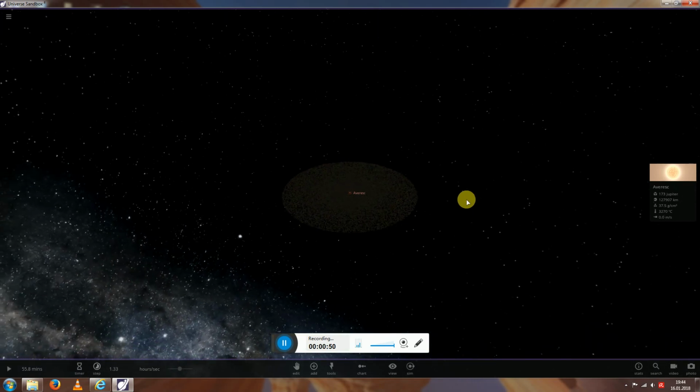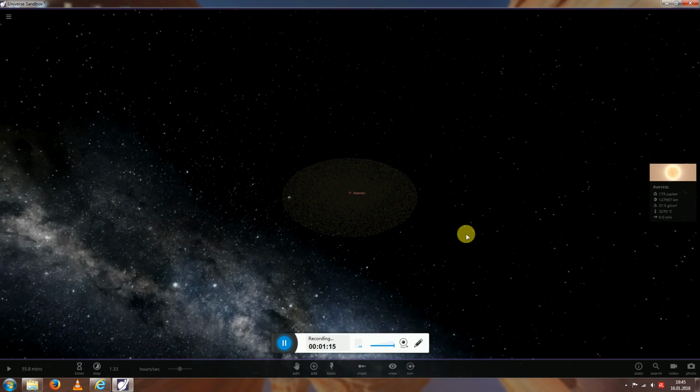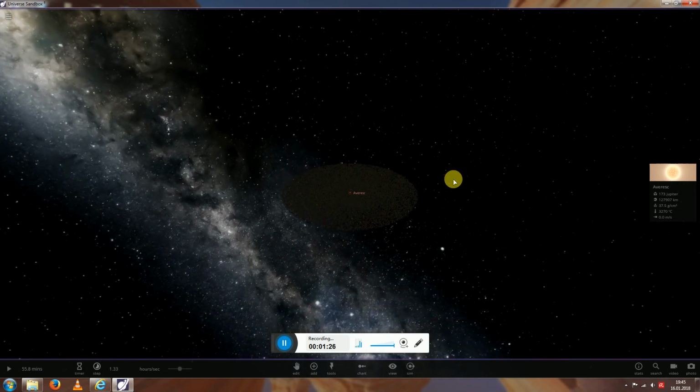Planets form when clouds of gas and dust, nebula, I will show you a nebula just now, when part of a nebula collapses, it starts forming a protoplanetary disk, as you can see here. What happens is,